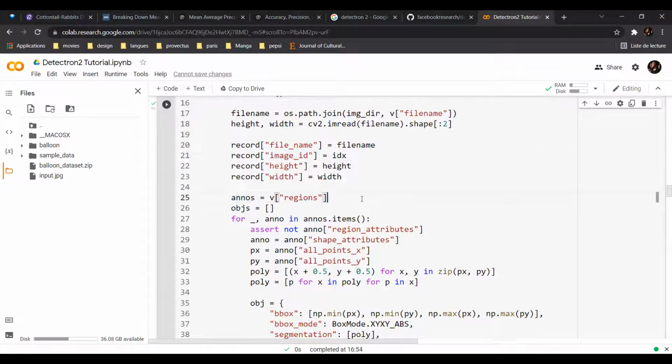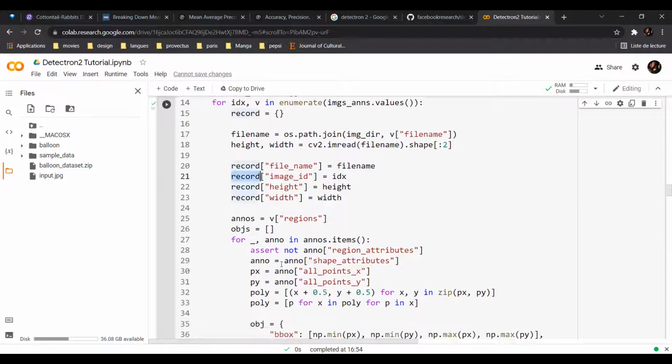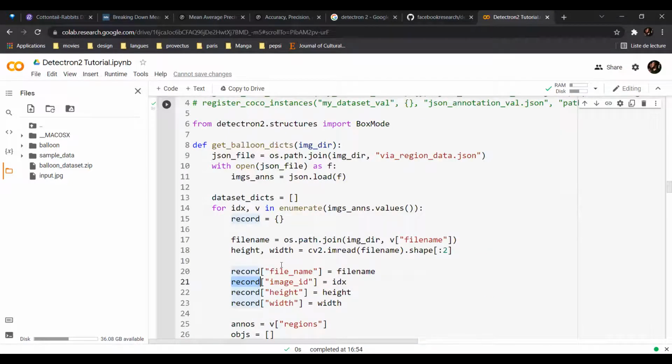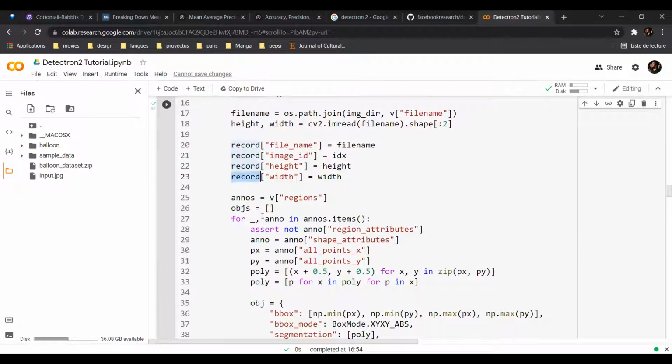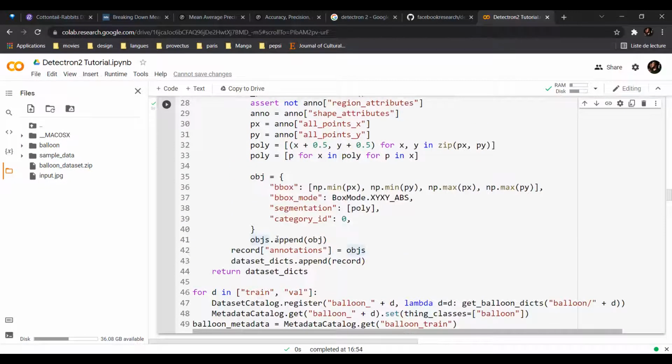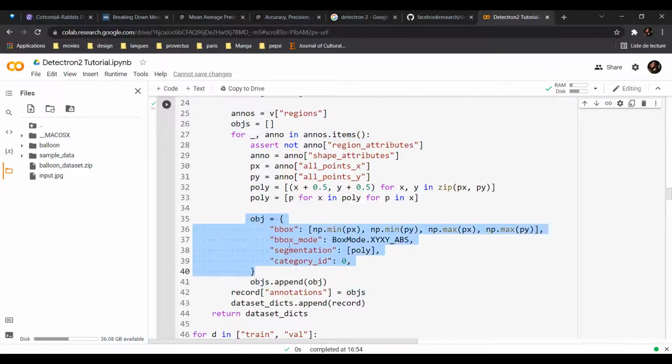And at each image or at each record, we have a list of annotations, right? Because the same image can have multiple annotations. So a record will have different objects. Each object will have the following information: bounding box, segmentation, just optional if you're working with MaskRCNN. If you're working with faster RCNN, you don't need to provide it. Category ID, if you have multiple classes, then you will have to provide the index of that class, very similarly